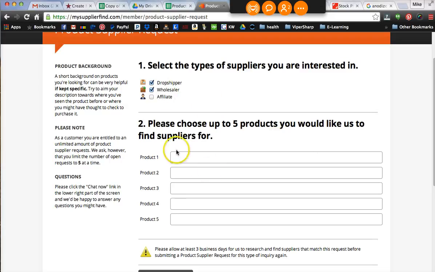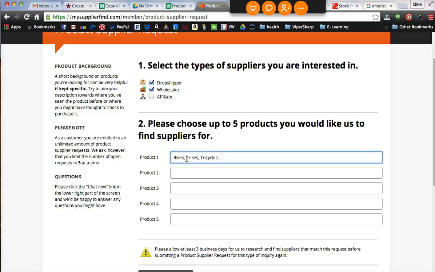Okay. So first we start with our product ideas that we've brainstormed on. That's why I talked about the brainstorming previously, so that you have a list of ideas, and then we can put those products right here. Okay, so kids' toys. Now, we could put kids' toys in here, but we don't want to just put kids' toys because that's too broad. But if we do something specific, for example, bikes, trikes,